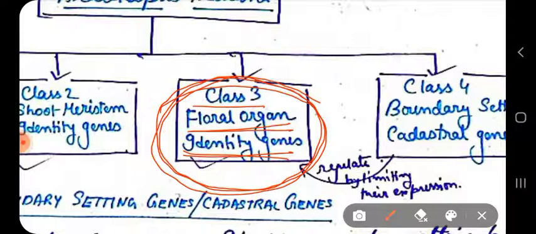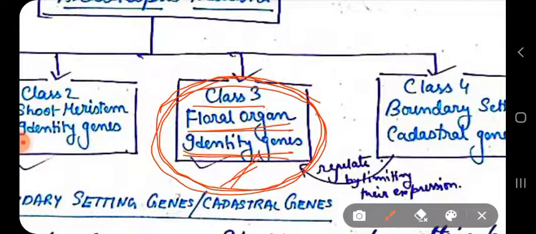The organs which will form the flower will get their identity with the help of the expression of these genes. So this is quite important. Whether the floral organ is sepal, petal or carpel, that is going to be decided